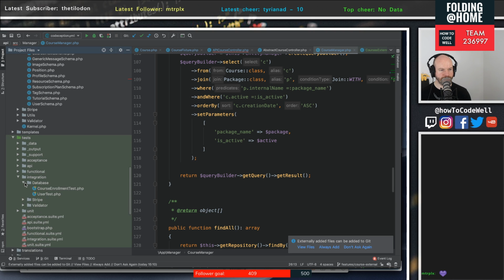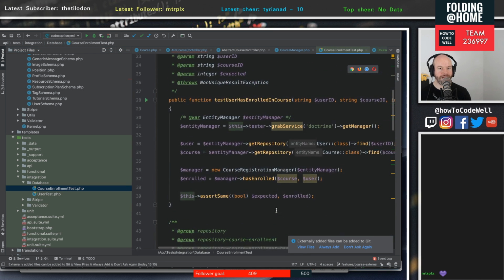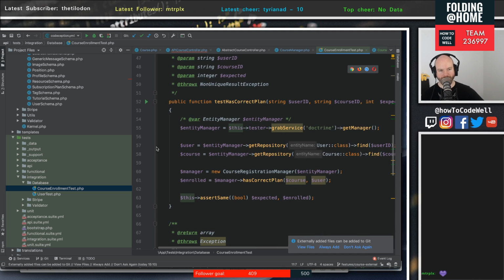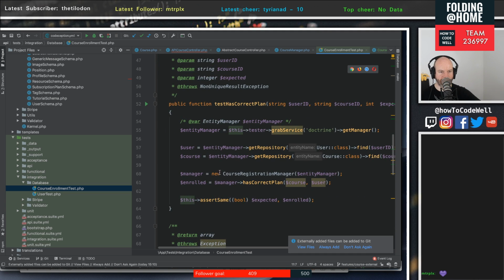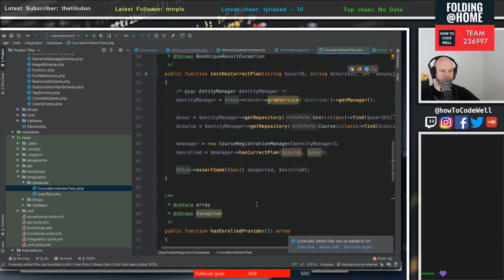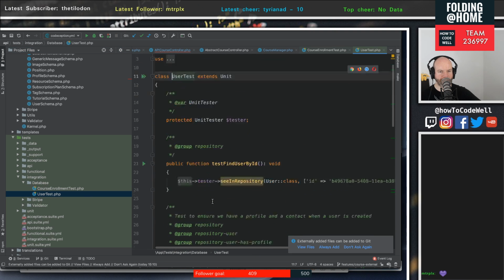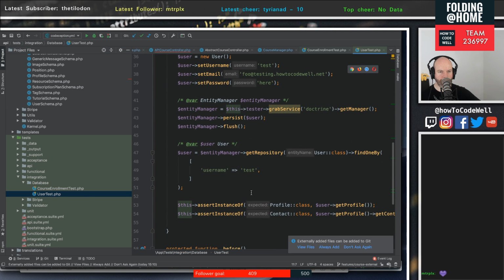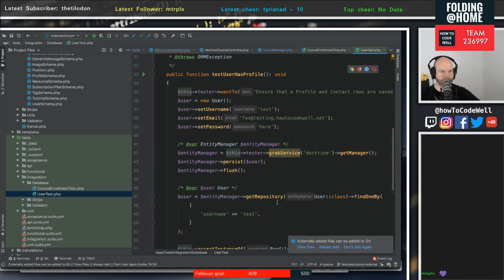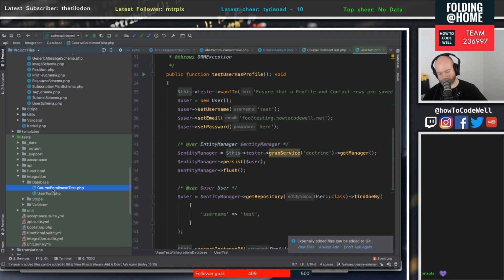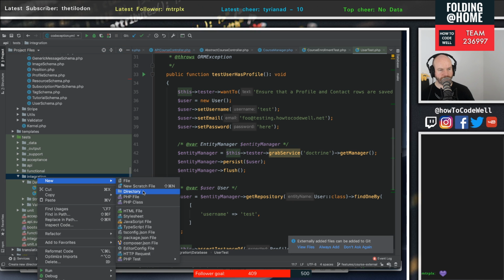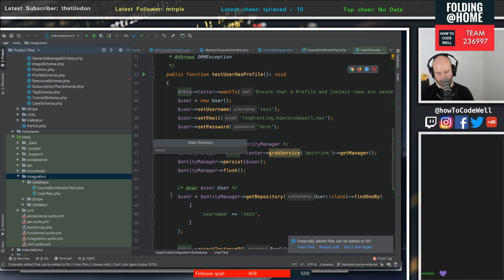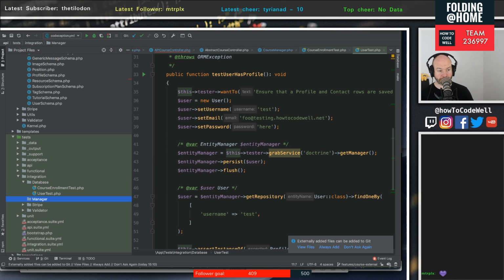integration database. We don't have many tests, I should appreciate, but we should be able to do like get by service and then do a find and then do all the various bits and pieces and all of this stuff. And I think there is even some more in so this is persisting and all of that jazz. So yeah, we should be able to access the database at least. So I'm going to create under integration another directory here, and we're going to call it manager, because obviously this is an